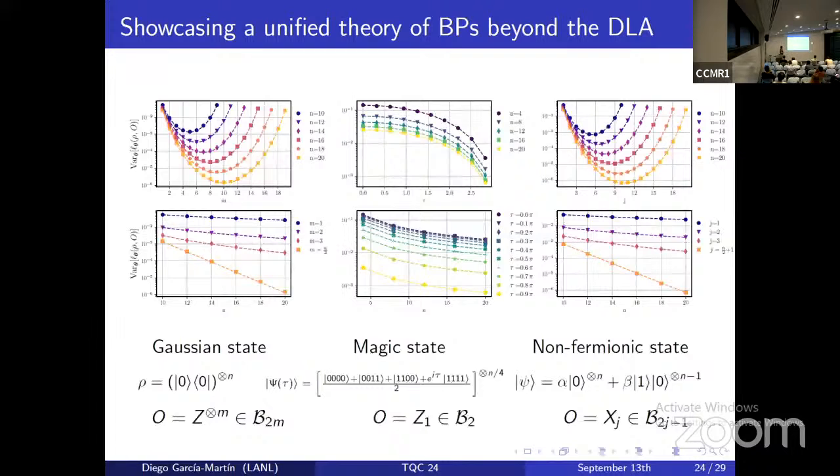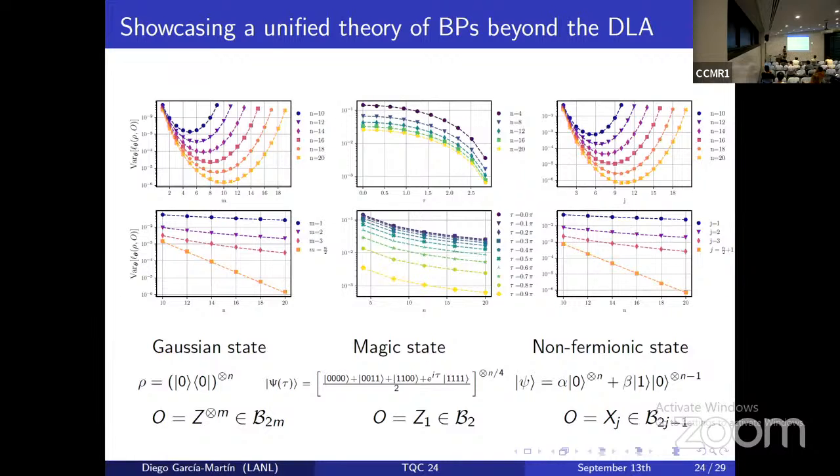Okay, so some numerics to illustrate this general theory. The dots correspond to the numerical simulations, and the dashed lines are the theoretical predictions. So good agreement. We didn't screw it up. And so for a Gaussian state, here we take rho being the all zero state, and we're going to measure